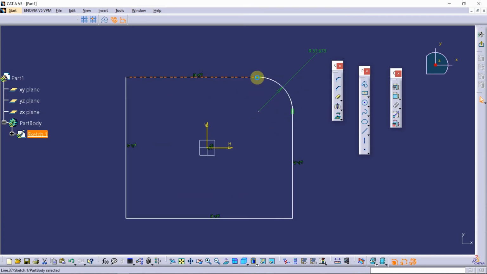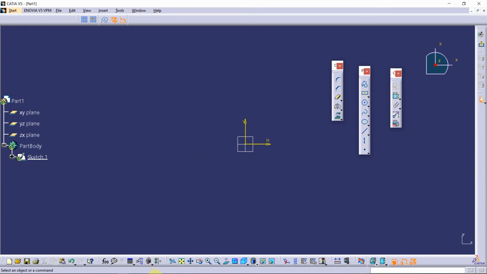Okay, and you can see these two parallel green lines here, which shows tangency, which means that this line is tangent to this curve. Similarly, this line is tangent to this curve. Okay. Chamfer, I can select two edges and it will give me a line. Chamfer is also like the fillet, but it will not be smooth. That's it. For the fillet, you will get an option to change the radius, and for chamfer, you will get the length and you will get an angle to change. I'll demonstrate these two later.